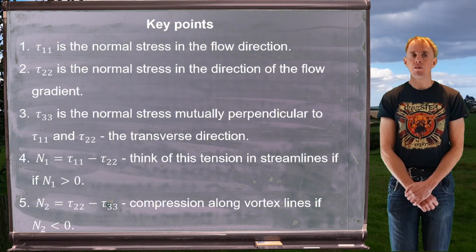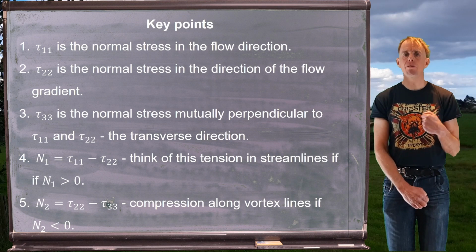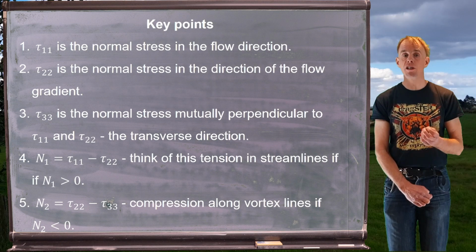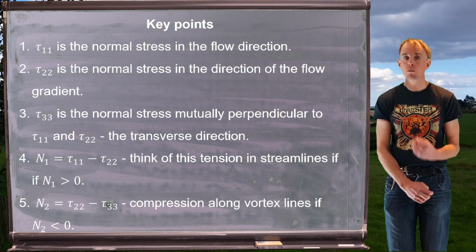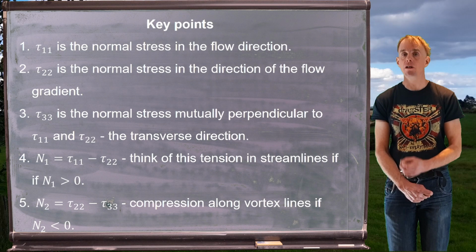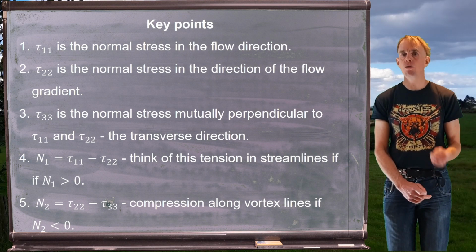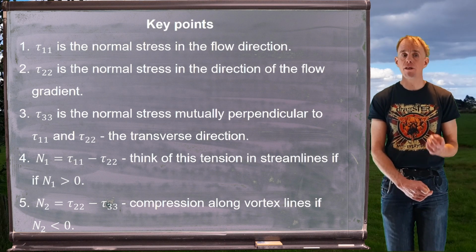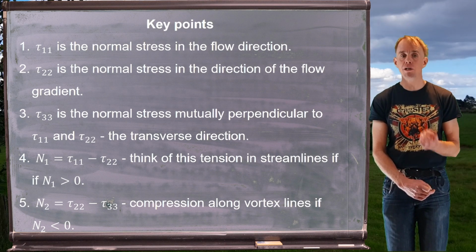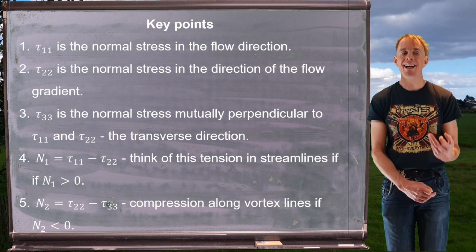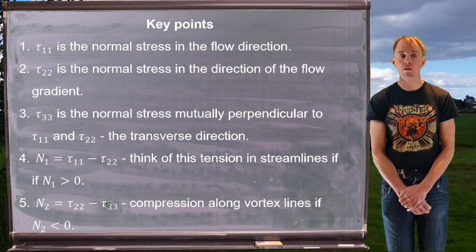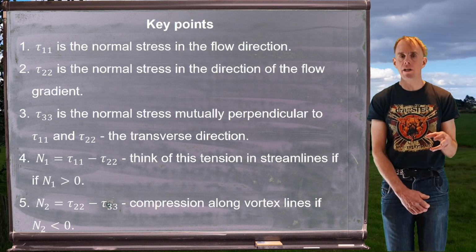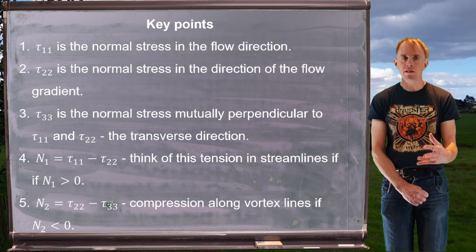So let's briefly sum up some key points. We've been talking about first and second normal stress differences, and the first thing we need to do is to make sure we've got our definitions right. So tau 11 is always the normal stress in the flow direction along the streamlines. Tau 22 is always the normal stress in the direction of the flow gradient, and tau 33 is the normal stress in a direction that is mutually perpendicular to both tau 11 and tau 22, and I've called this the transverse direction. So the first normal stress difference is tau 11 minus tau 22,